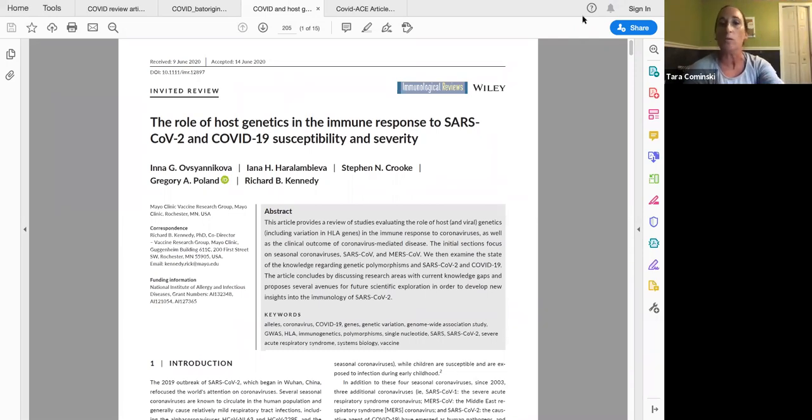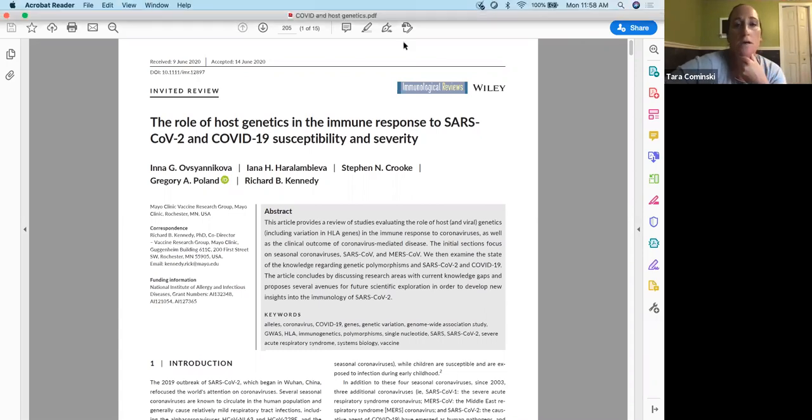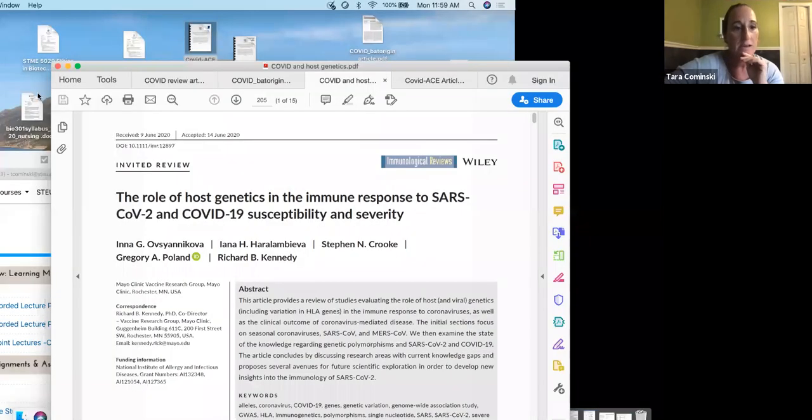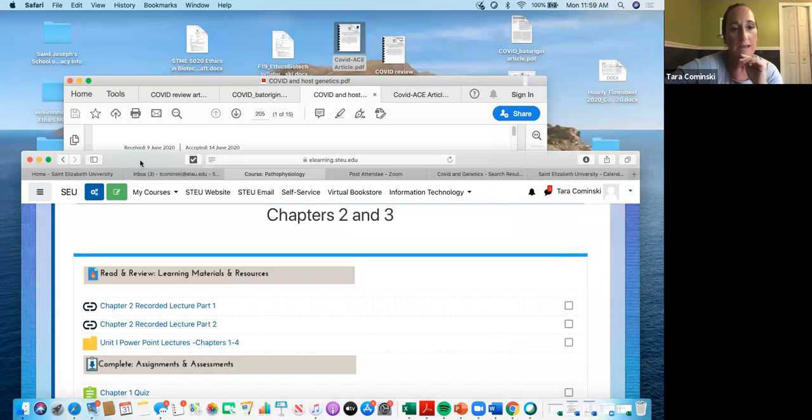But our next paper will be this, because again, it relates to the chapter, and now it's not talking about the genetics of the virus, it's talking about the genetics of the host, right? And how that might make you more susceptible, okay? So that'll be next. I'll put that up, like I said, with an assignment that goes along with it. All right, other questions, comments, anything?